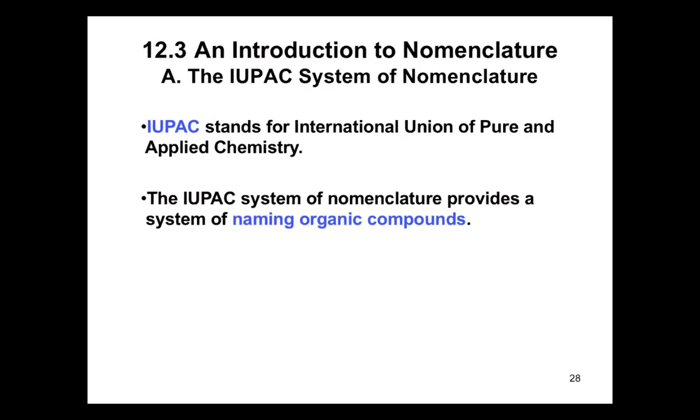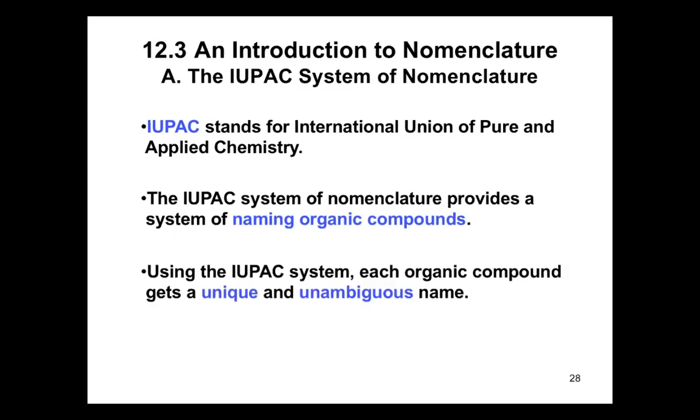So, next time na maka-discover kayo ng drug or ng chemical, kung kayo yung manalo sa pag-discover ng vaccine, yung contest ni President Duterte, ng maggawa ng vaccine sa COVID, i-subject nyo pa siya sa IUPAC system of naming. Hindi pwede naka-name after yourself kapag in terms of chemistry. Pero in biological aspects kasi, kalimitan ng mga scientists, kapag nakaka-discover ng mga animals, pinapangalan sa sarili nila. Okay? But in terms of IUPAC, kailangan general siya. Okay? And then, using the IUPAC system, each organic compound gets a unique and unambiguous name.